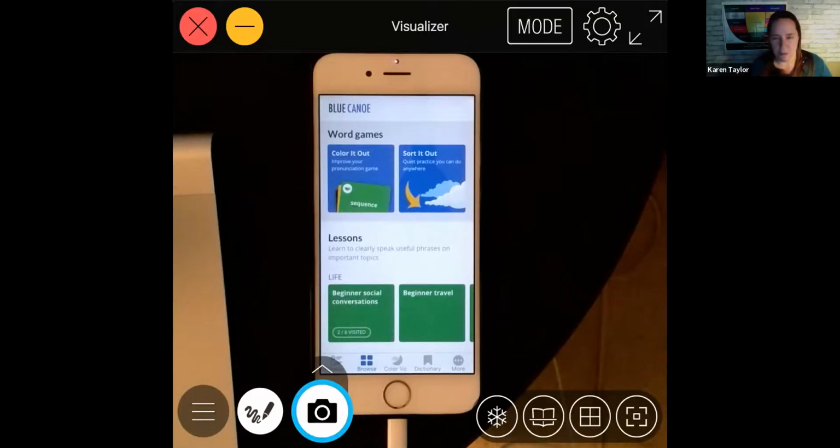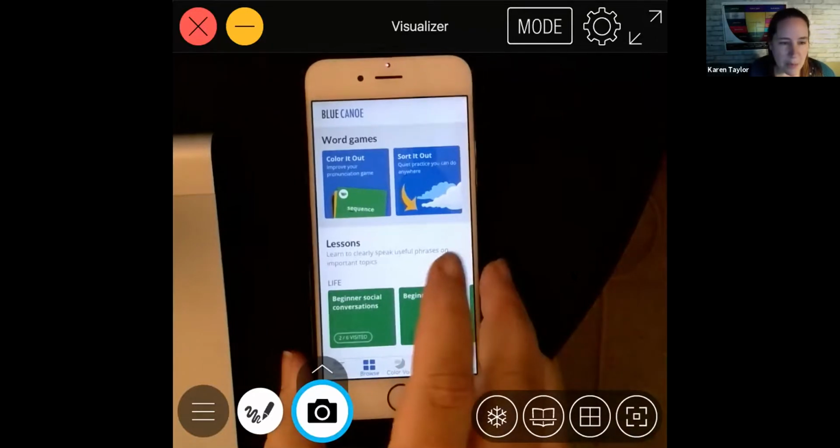So there are lots of ways to access it. A lot of schools provide it to their students, or nonprofit organizations. So if you're new to this information, be sure to know that bluecanoelearning.com is their website, and they will work with you to put Blue Canoe in students' hands. If it's a paid program, then students pay, and if it's more like a nonprofit, the way Paper Airplanes is, which a lot of people here are volunteers with, nonprofits can arrange with Blue Canoe to put it in students' hands free of charge. So we're really excited to be working with Blue Canoe.